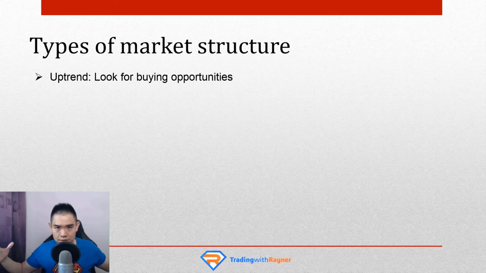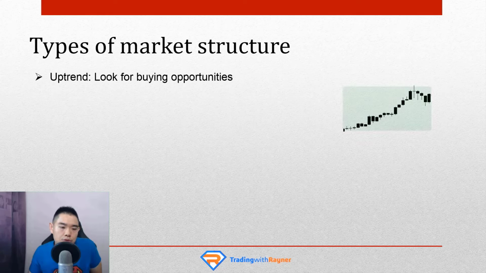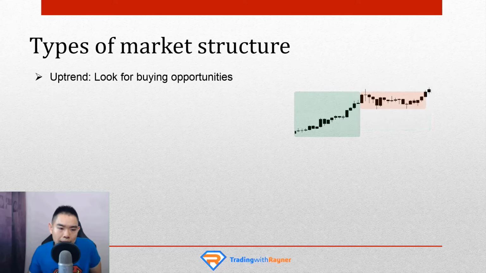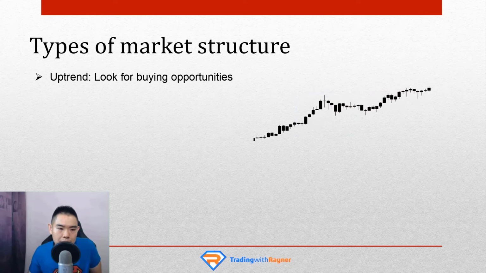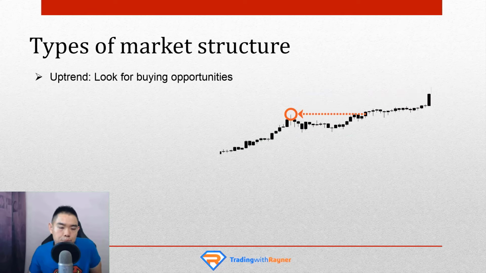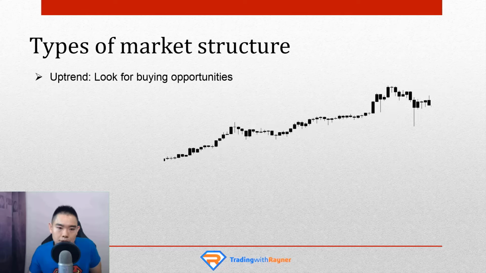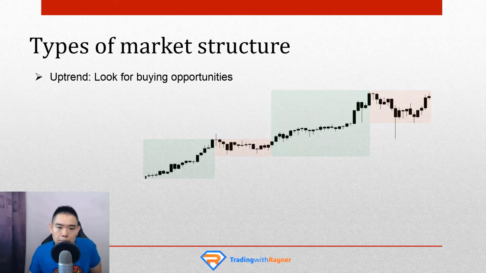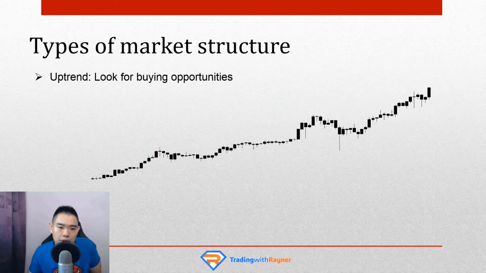So in the grand scheme of things, an uptrend forms a series of higher highs and higher lows. So it looks something like this. Market goes up, but as you know, market doesn't go up in one straight line. It goes up, it needs to take a breather, it needs to pause, and then it makes a pullback. Then once the pullback ends, it will continue up higher, breaking above this previous swing high, this previous high if you want to call it. Then it goes up again, it doesn't go up in one straight line, it needs to take a breather, pause. Once it rests, it continues up higher, breaking out above the previous swing high again,